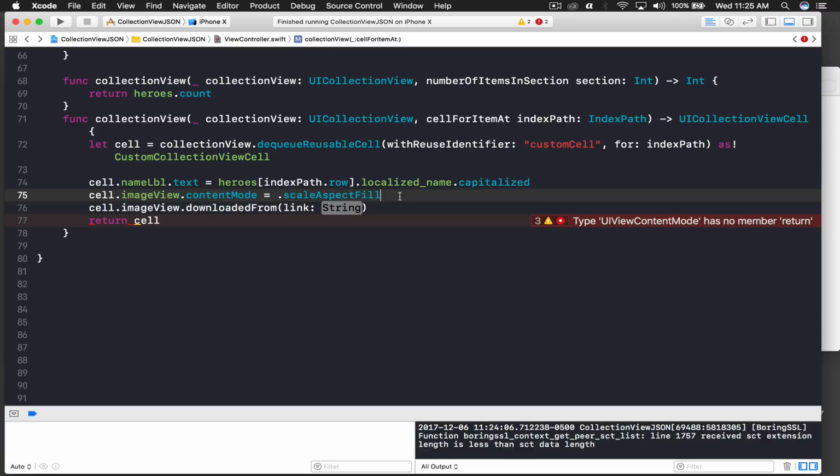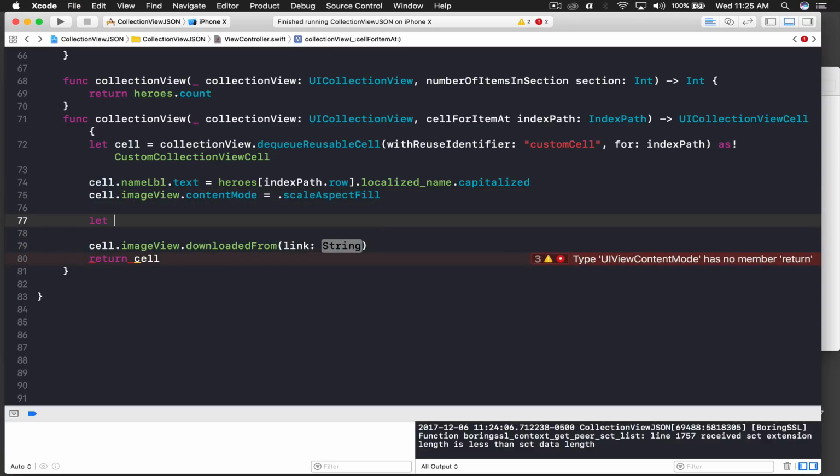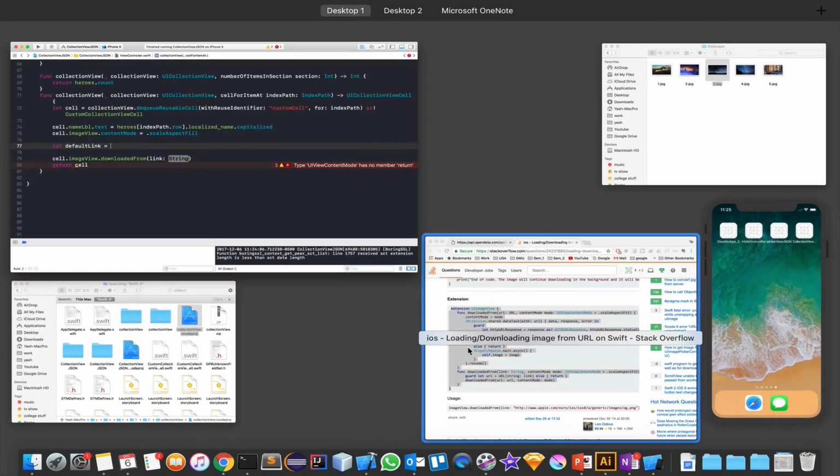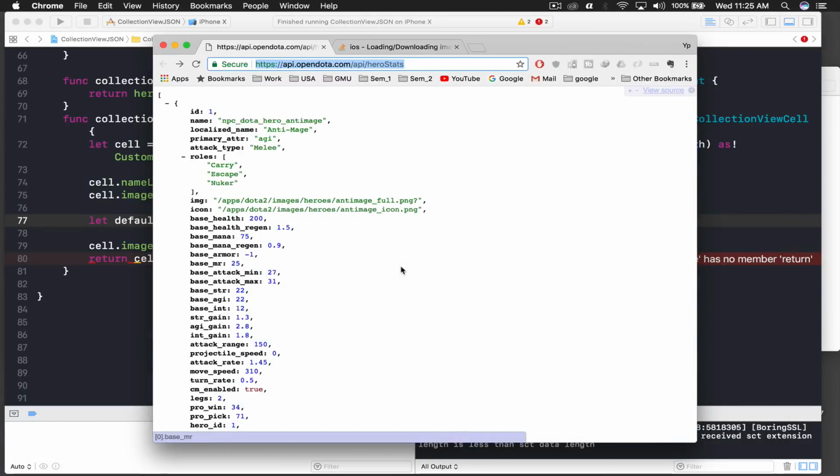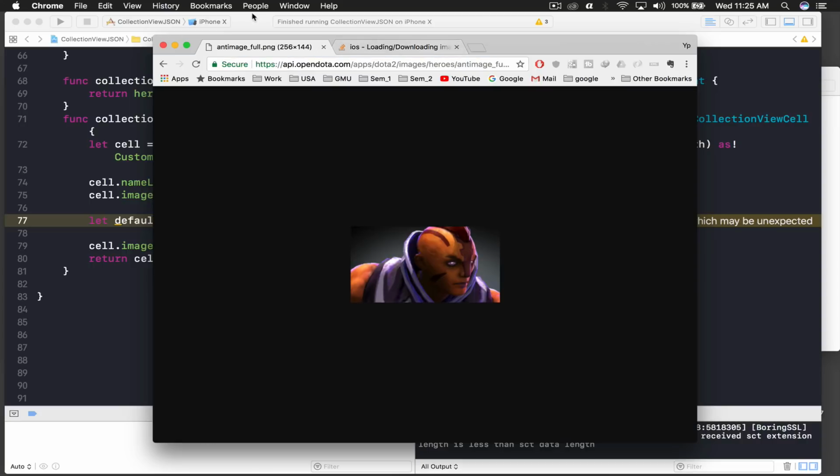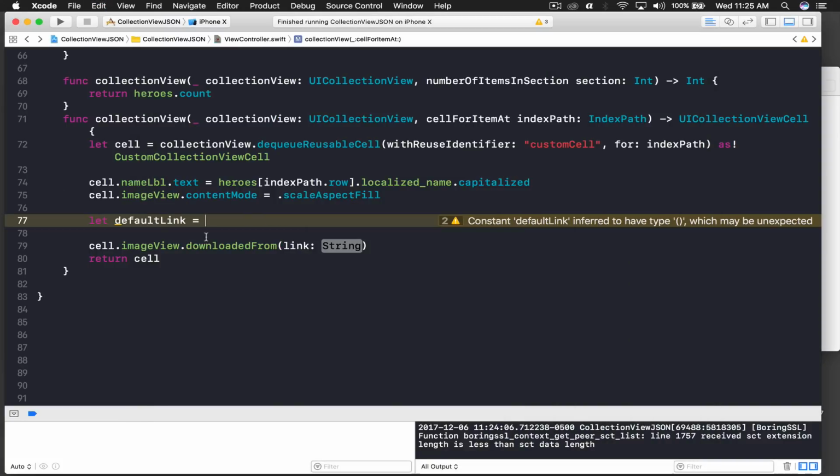Okay, now we need to create a link, so first let default link equal to, and so default, I showed you, right, how you get the image. So if you copy this part, copy in front of this part, then you get the image. So this is something default, okay, so I'll copy this default link and put it in as a string,